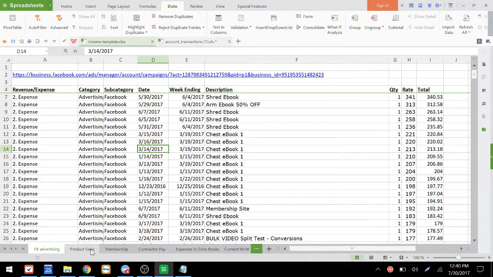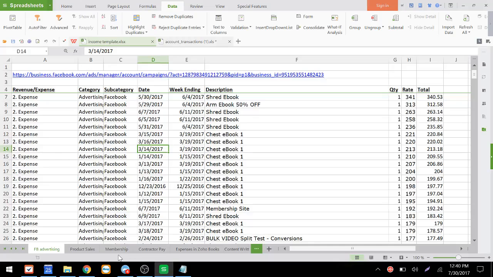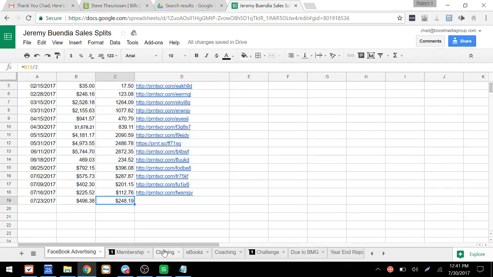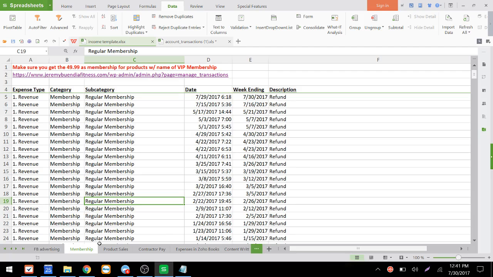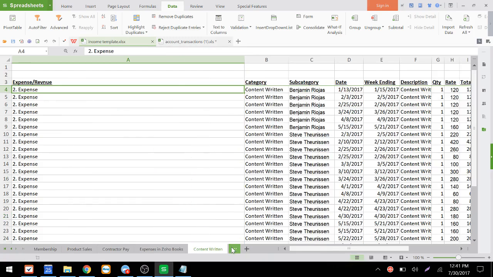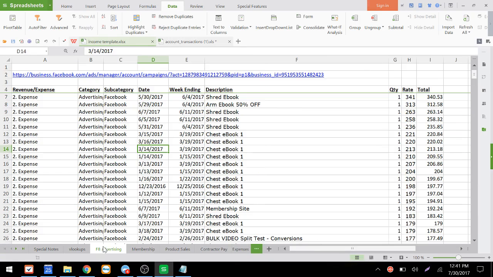Facebook is first, and then after Facebook is membership, and then after membership is clothing, ebooks, coaching, challenge, and all those go into product sales, right? So then the rest of this stuff is our direct expenses, and we don't split any of this. So now we have it basically in the same order